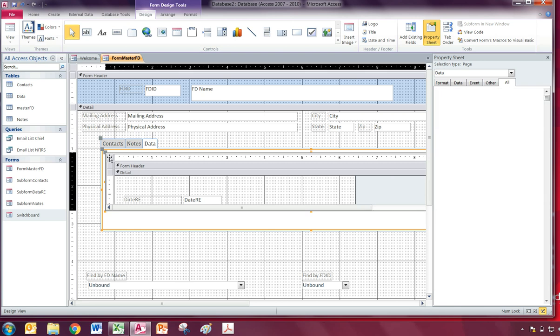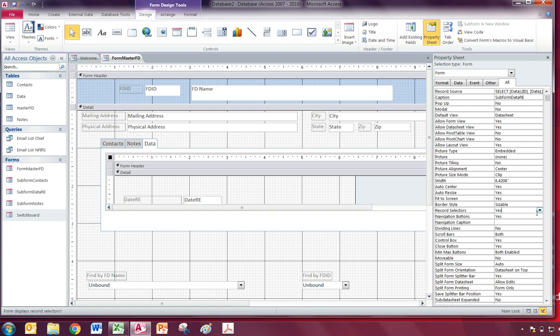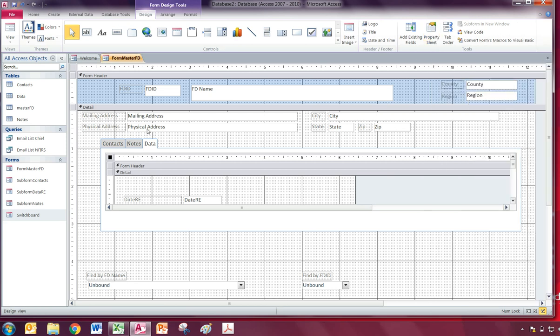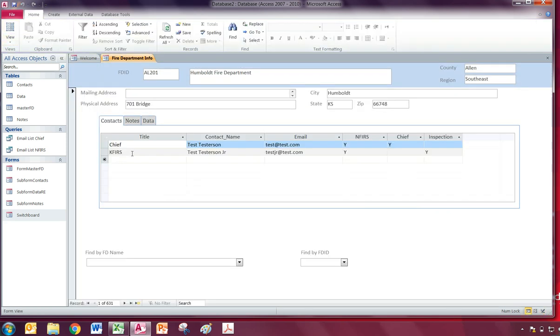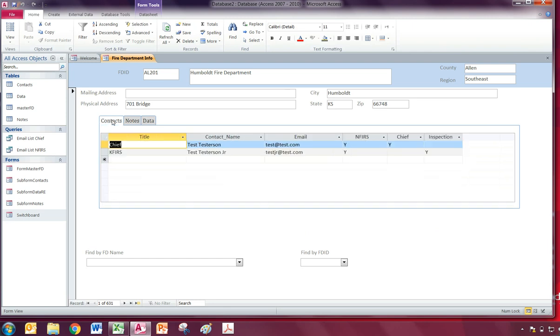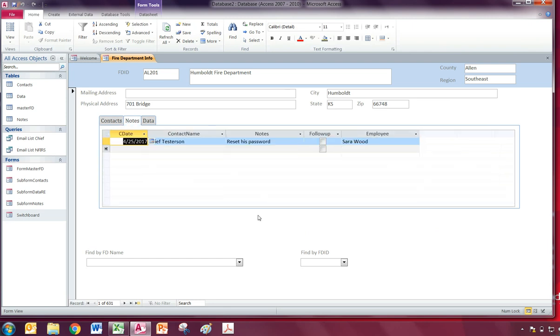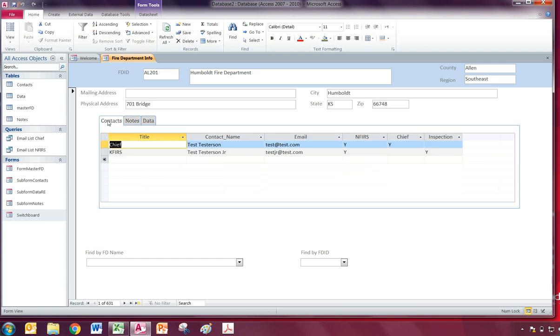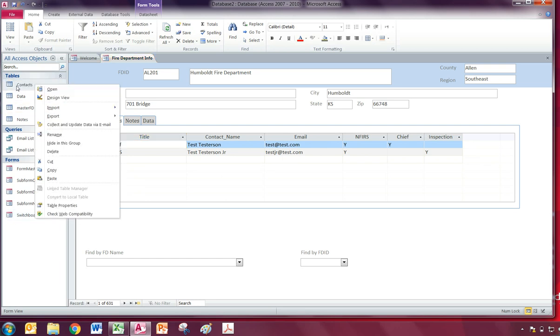We'll do the same thing on data. Just kind of makes things look a little more professional. And you can get rid of borders. You can get rid of border sizes. You can get rid of the lines that come around them. There's a whole host of stuff that you can actually do. So now you can see this goes a little faster. And now you have a contact database. Add whatever you want to your heart's desire. You can keep adding these columns. So back in the contacts, if you right click in your